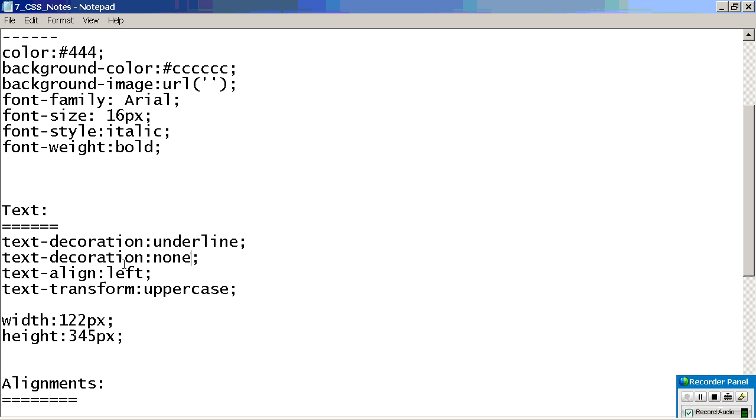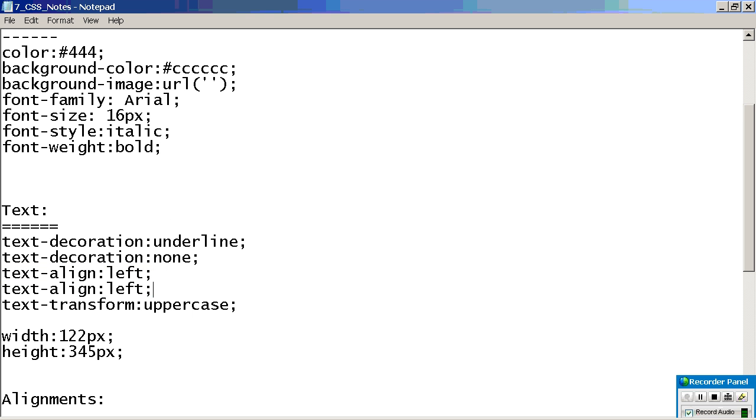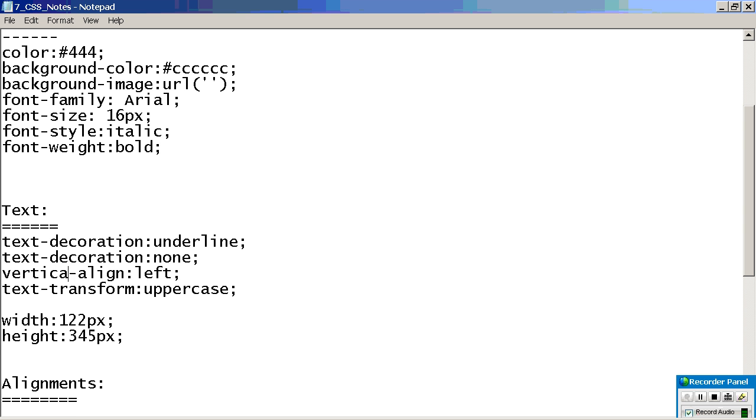Then what about vertical align? Don't go for valign. Are you understanding? Now I have a question. Are you going to write vertical align equals top everywhere?